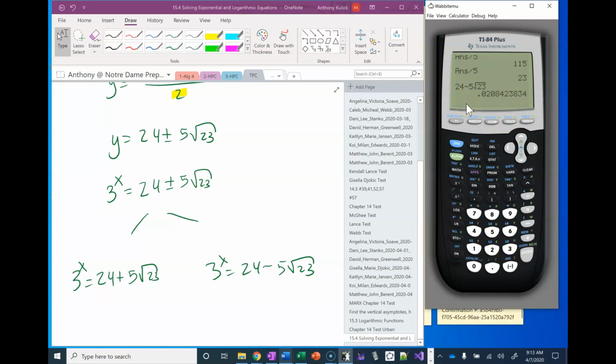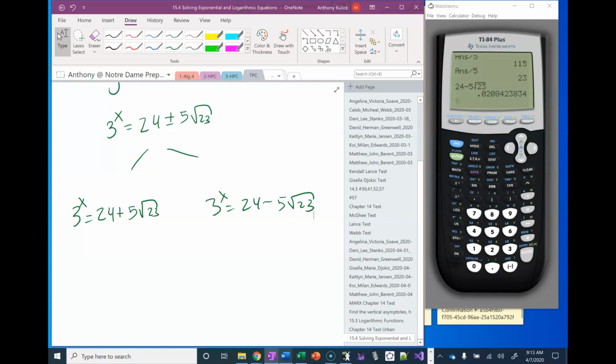If this were in fact a negative value, you could just get rid of that one right away, because you can't take the logarithm of a negative number. However, neither of these are going to be negative,